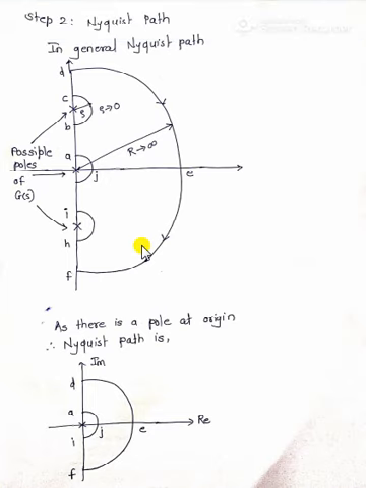We will equate it to our problem. Now in our problem only one pole is present, at the origin. As I have written here, there is a pole at the origin, so the Nyquist path will be reduced like this, with the only pole present at the origin. Now the path is A to D, D to E, E to F, F to I, I to J, and J to A. So this is our problem's Nyquist path, and we will solve it step by step.